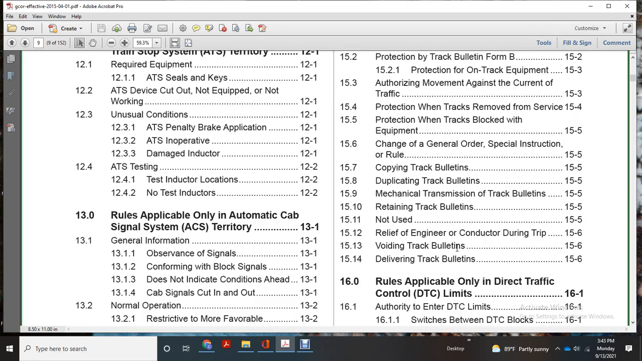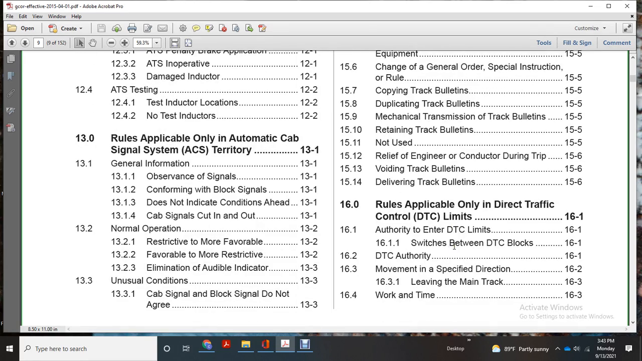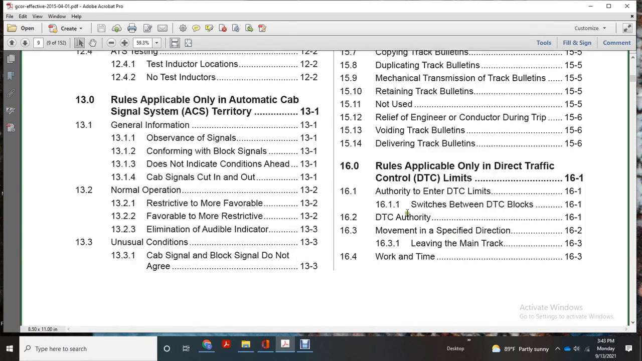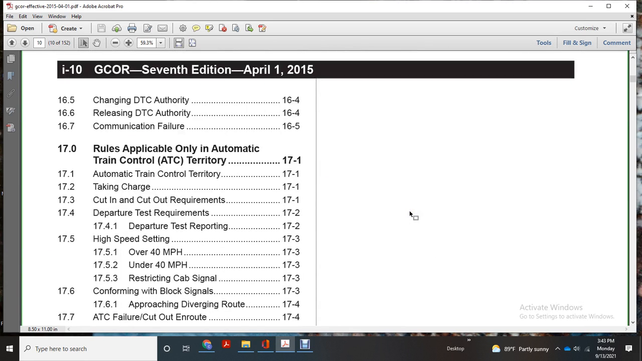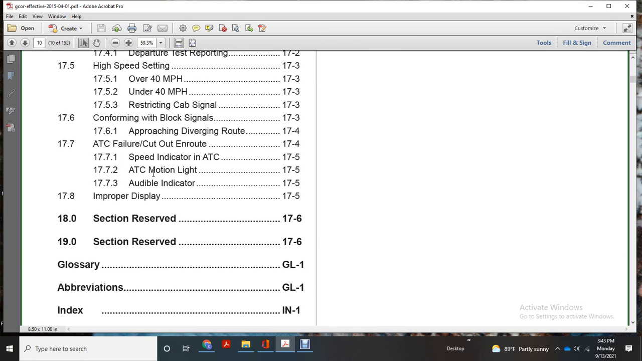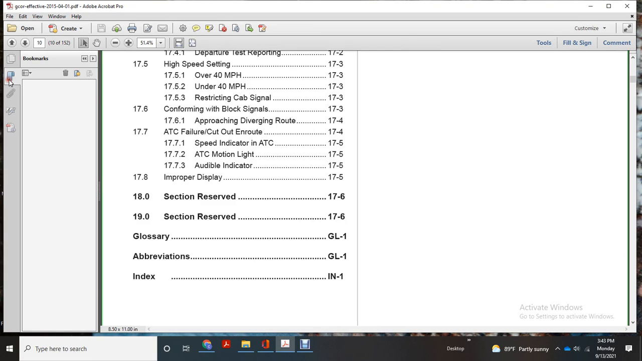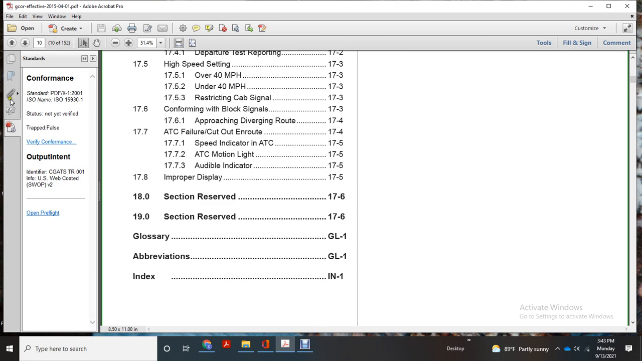Chapter 15, track bulletin rules. Chapter 16, rules applicable to direct traffic control limits. Chapter 17, rules applicable to automatic train control territory. Chapter 18, section reserve. Chapter 19, section reserve, glossary, abbreviation, index. And we're going to see if they have a, no, they did not leave a,